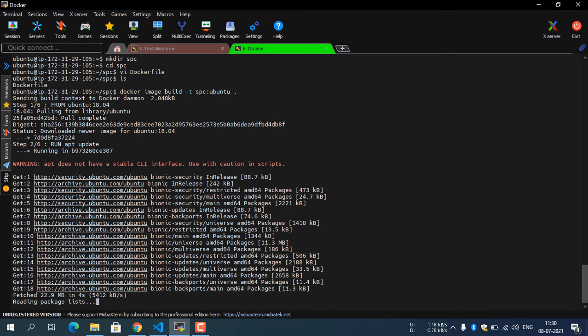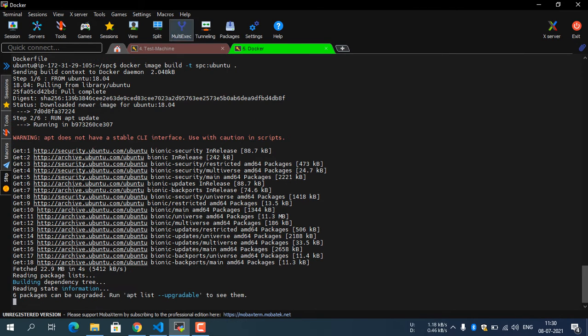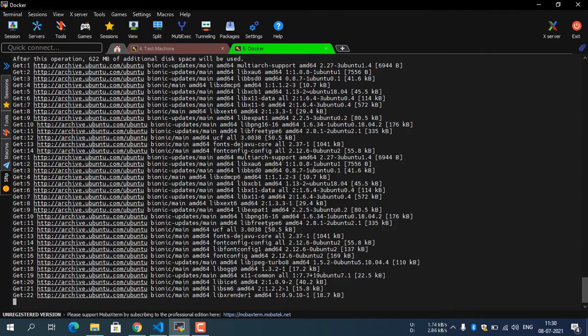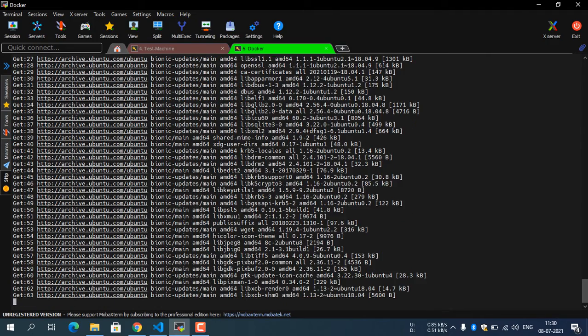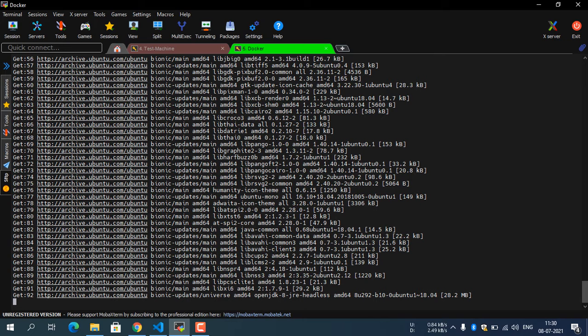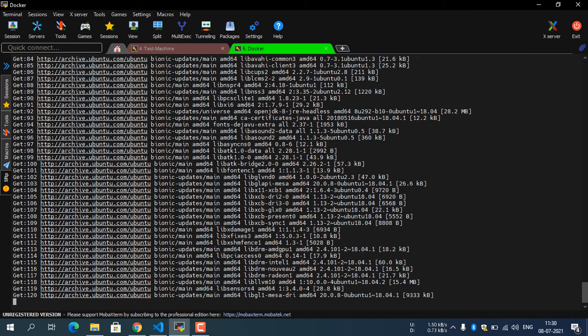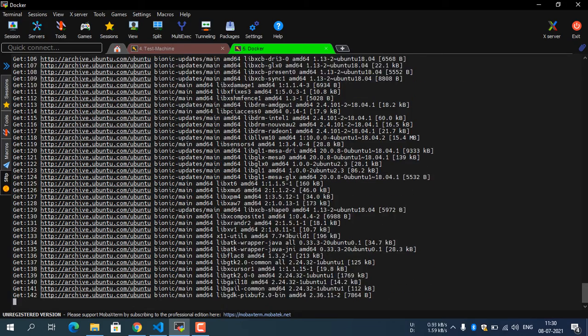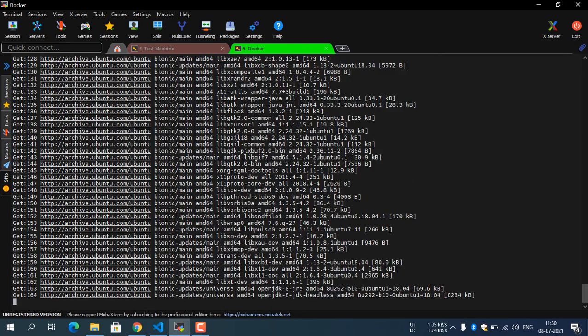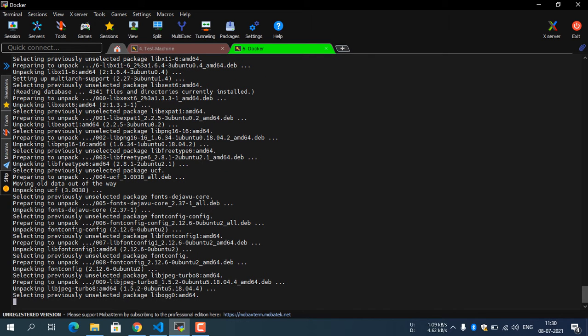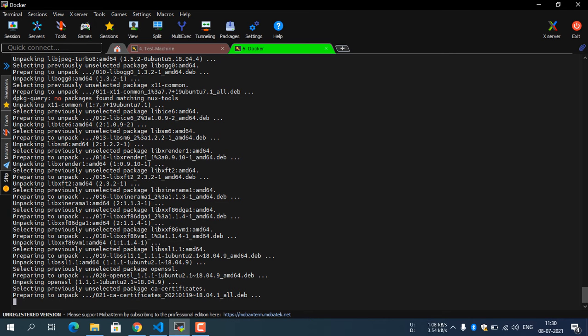Whatever commands we have executed in this test machine, now Docker is going to execute for us. We just need to write a Dockerfile and build a Docker image. By using the Docker image, we can create a Docker container. We can launch different containers by using the same image.